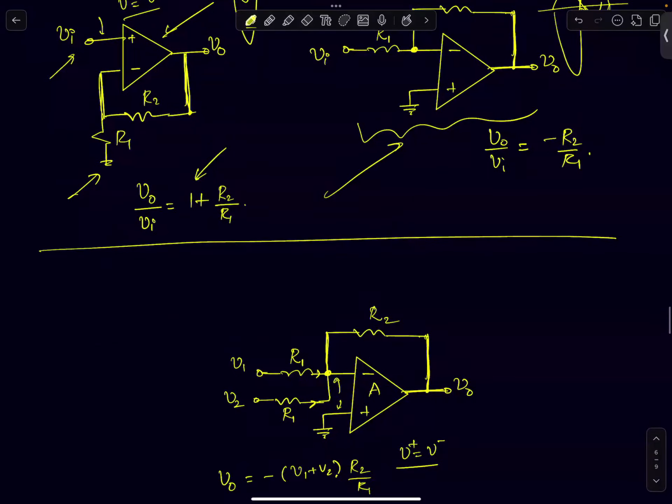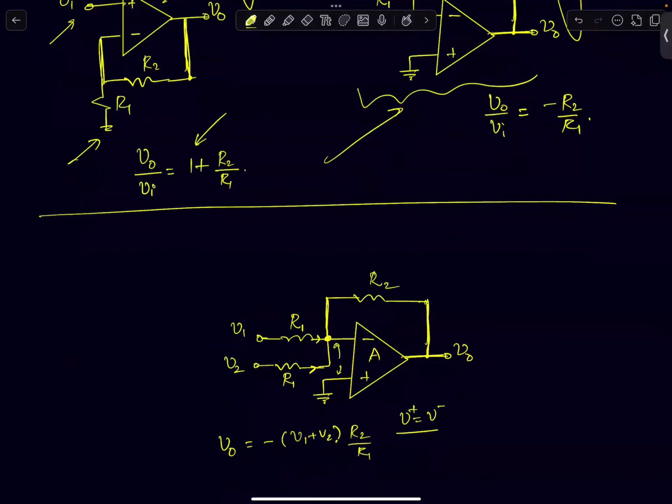Once I have inverting, I can very easily just put another resistor. Say I've put another input. Instead of applying the single input, I can apply two inputs this way. I can connect two inputs like this, R1 and